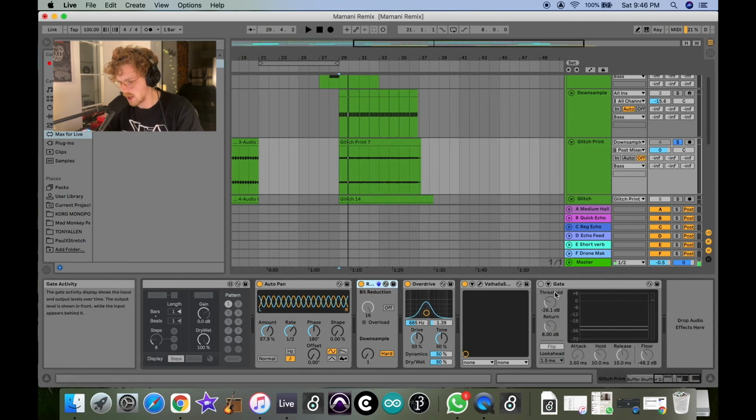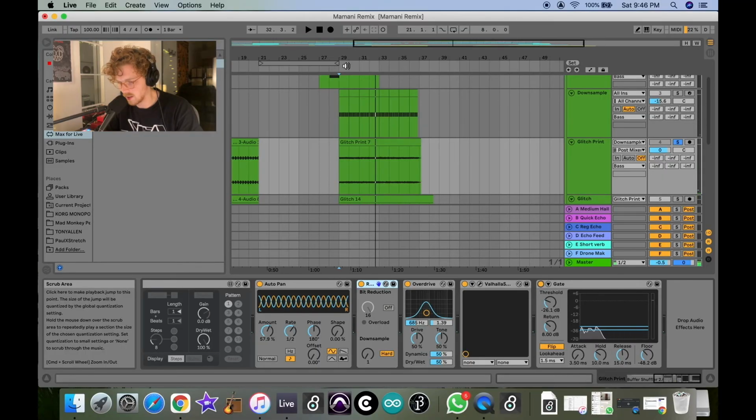The important thing that I have on here is a gate. I've set the threshold so it selects certain parts of the signal to essentially not let in. If it doesn't pass a certain threshold, we are not going to get that sound. So if I turn the gate on, here's what we have. So we are going to get a little bit of some omissions, and it's going to give it a little